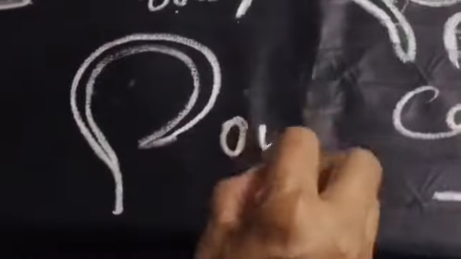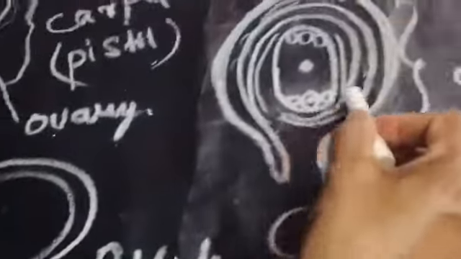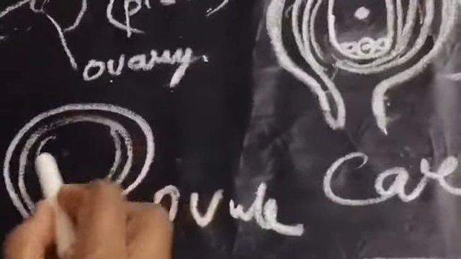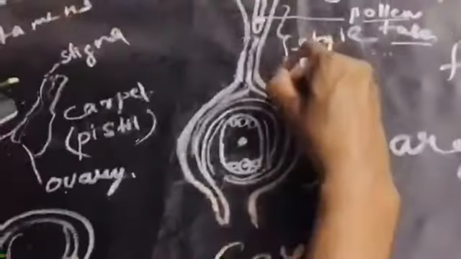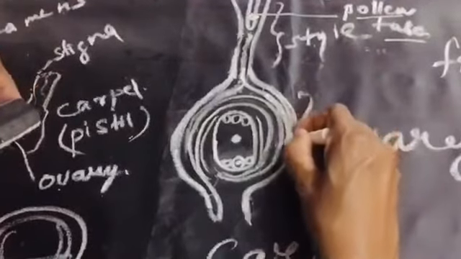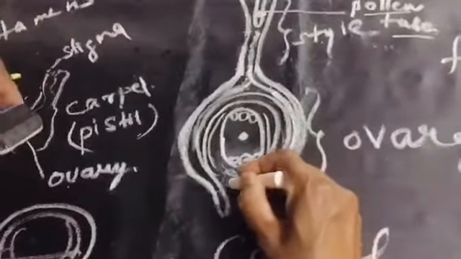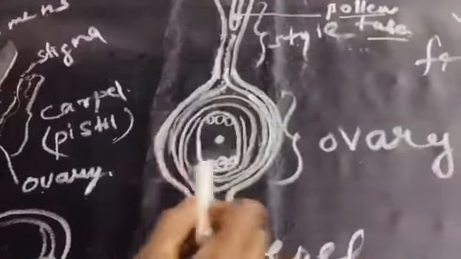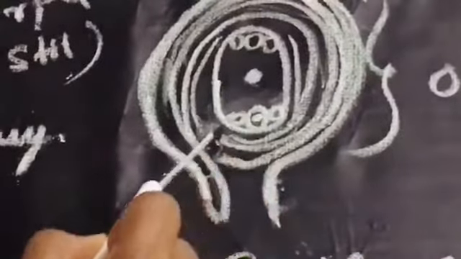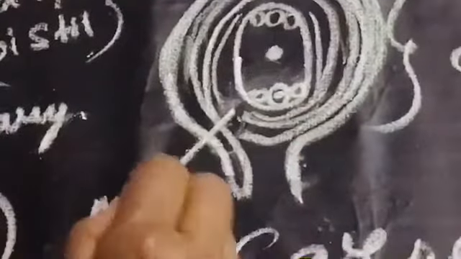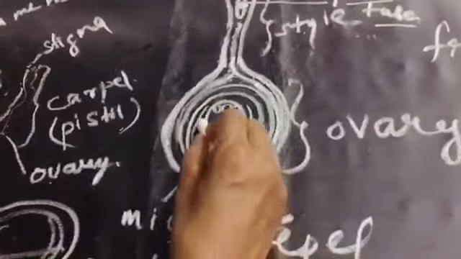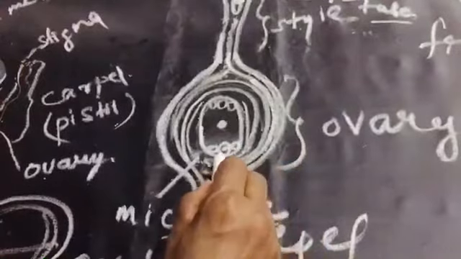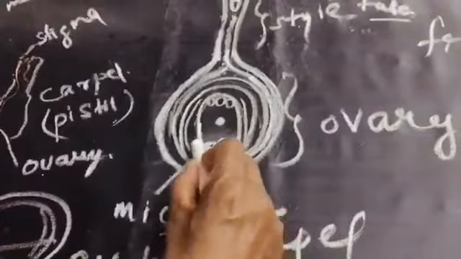This is how you can show the ovule. So this is an ovule. This is the ovule, and these are the walls of the ovule. Okay, pollen grain grows down, and now look here, there is a gap. This gap is known as the micropyle opening in the ovule. Now this pollen tube is entering this sac inside the ovule through this micropyle.